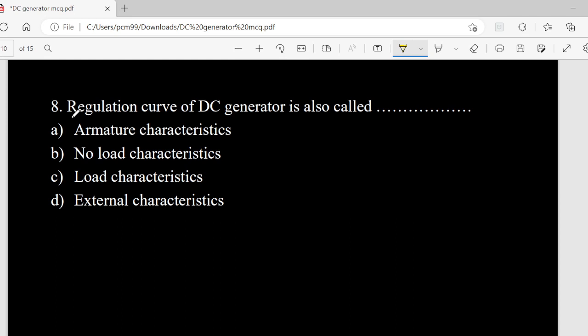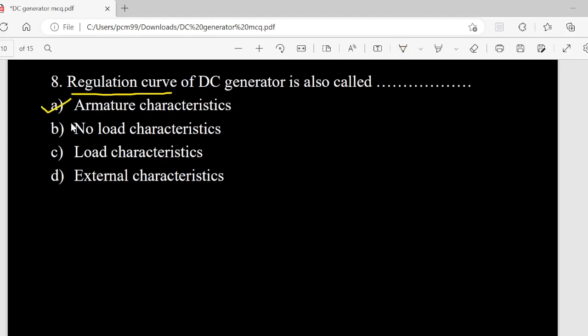Regulation curve is also known as armature characteristics. Option A is correct. Next,